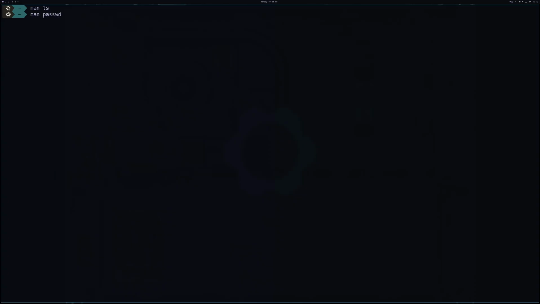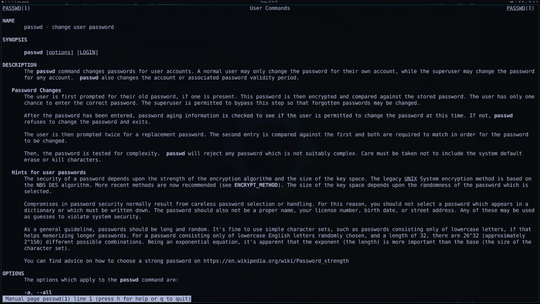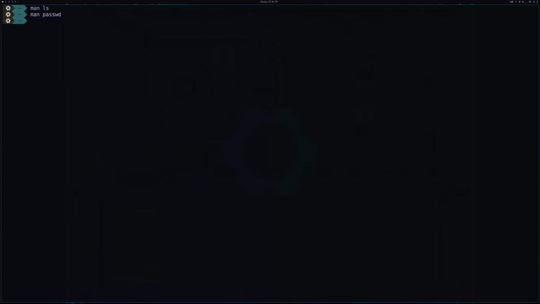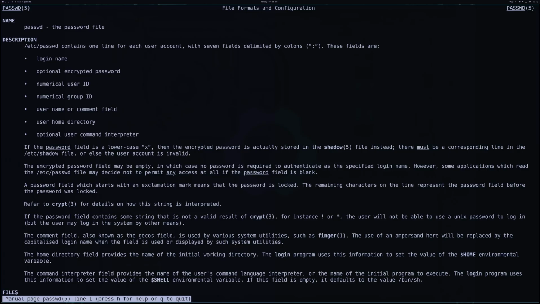So the very basics, as I've already demonstrated, is just man and then the name of the manual that you'd like to see. Now the system has some built-in prioritization. By default, it will prioritize commands. In many cases, for this example, passwd. Passwd is a command, but it is of course also a config file. So if I specifically want to enter the section file formats and conventions, I can say man section 5 passwd, and notice now we're in passwd brackets 5, and it's from the section file formats and configurations. So we're now looking at the manual page for that configuration file,